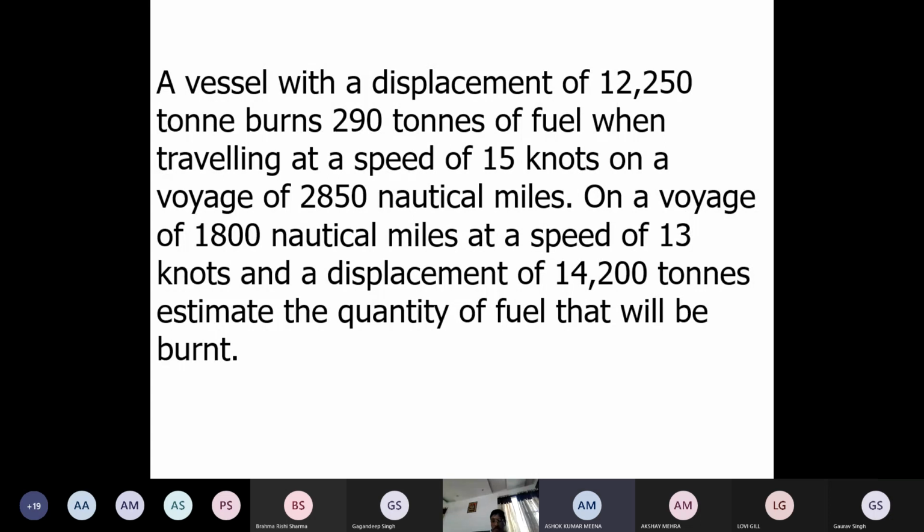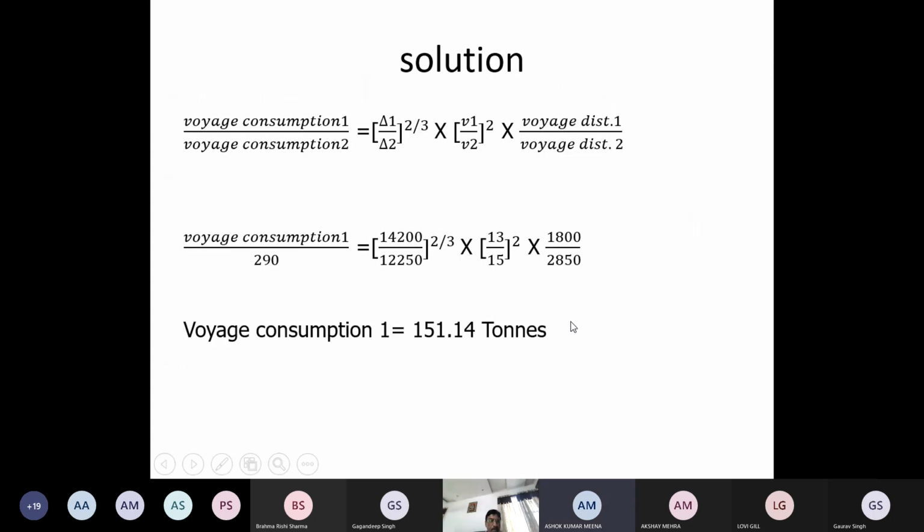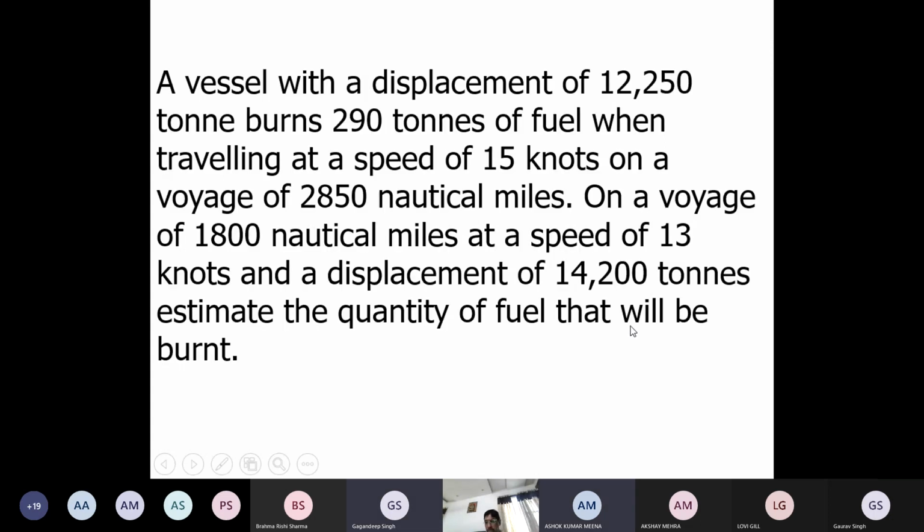152 सर। 151.1, 151.8। अगर आ गया है तो बढ़िया है। Between 151 and 152। यस सर, 151.8 सर। ठीक है, वेरी गुड।